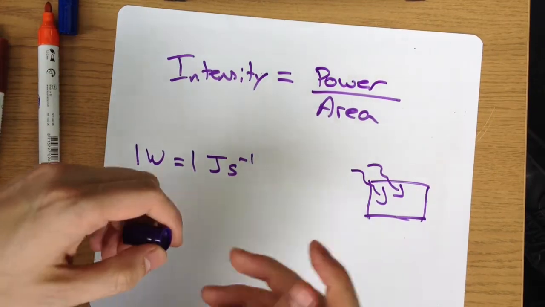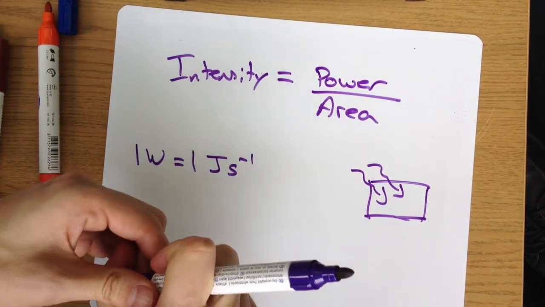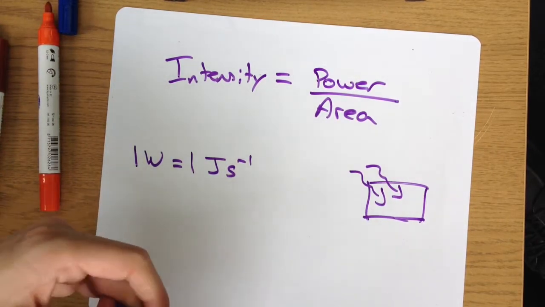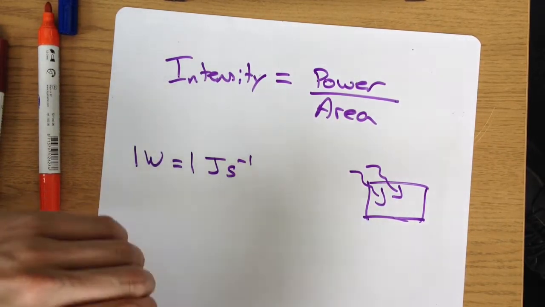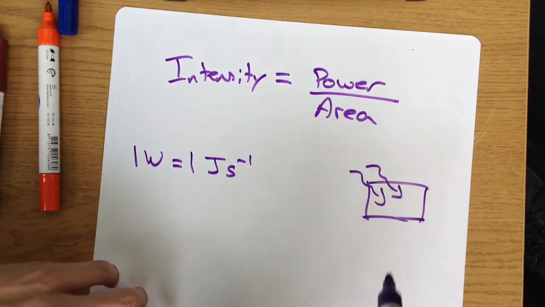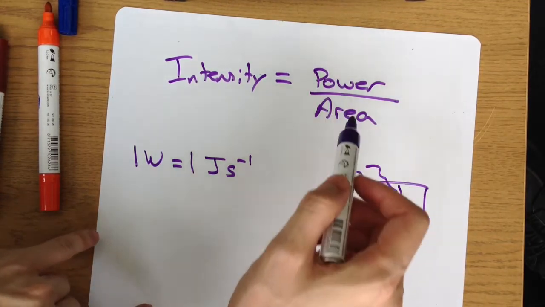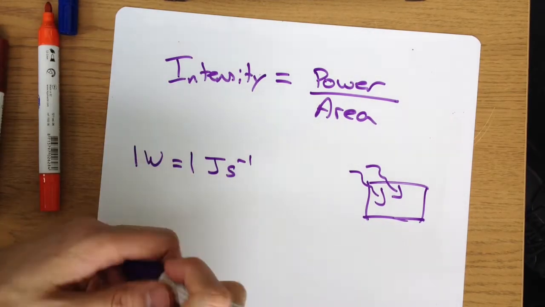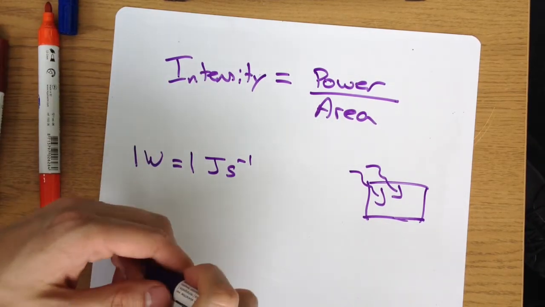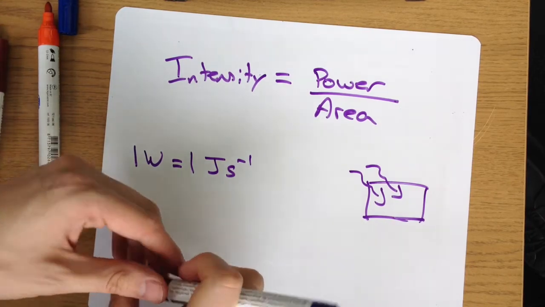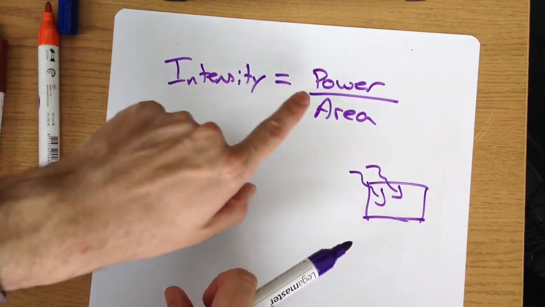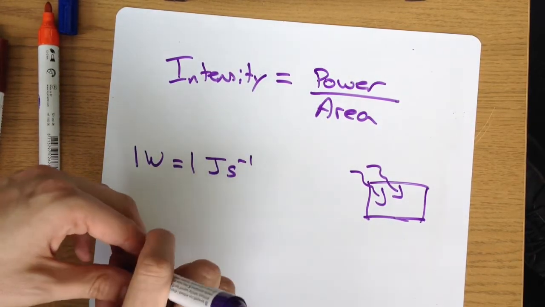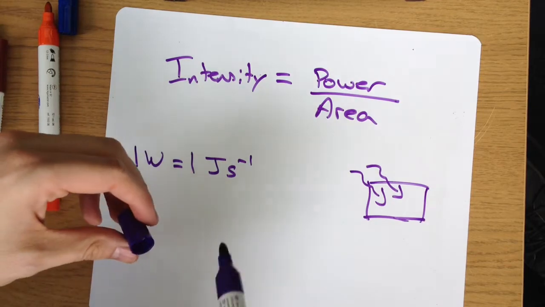Intensity is power divided by cross-sectional area. Have we done this? You've done this before, you should know this. So intensity is power divided by cross-sectional area. So if we've got our fixed area here, and we've got power, if we double the intensity of light, what does that actually double? Power. If you've got a fixed area, you double the intensity of light, you're going to double the power. If you have a fixed power supply,